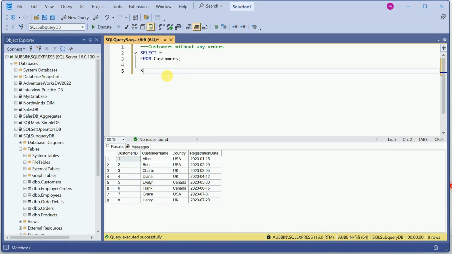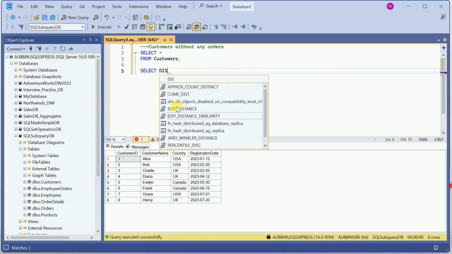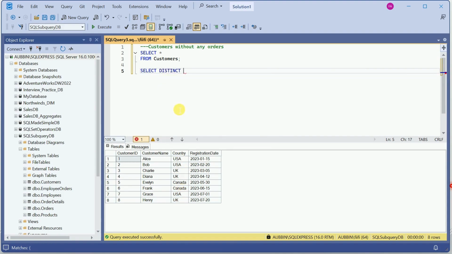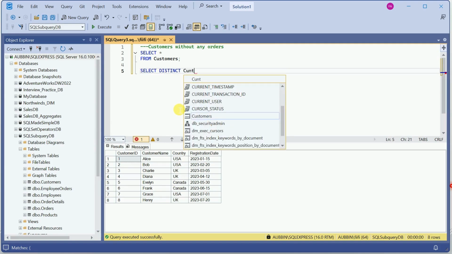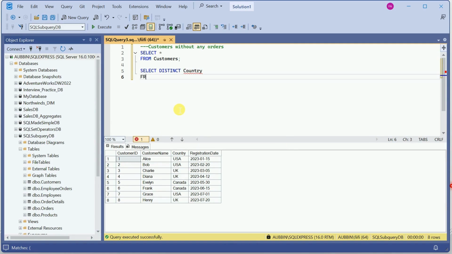I want to first of all select the distinct country, because we have USA, USA, UK, UK, Canada, Canada, USA, UK. So we want a distinct country from the customers table,